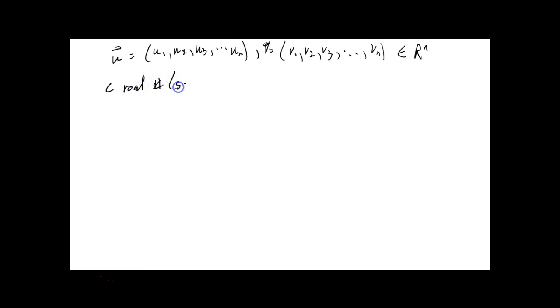We often call a scalar a number with no direction. Vectors have magnitude and direction, except for the 0 vector. Okay? Then the sum is defined as the vector u plus v is equal to